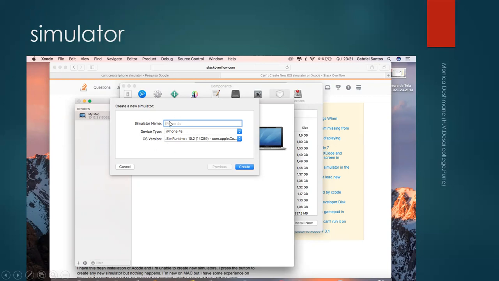Basically, to get this I have to go to the Xcode menu, then click on open developer tool, then simulator. Okay, and you can create a simulator using this. You click on create, and a list will be shown over here. It shows you the number of versions of the simulators that are used in the iPhone or any iOS specific device. You have to select one and install it, same as in Android.